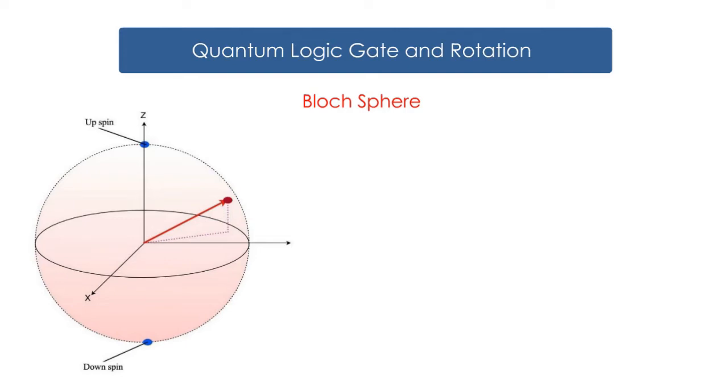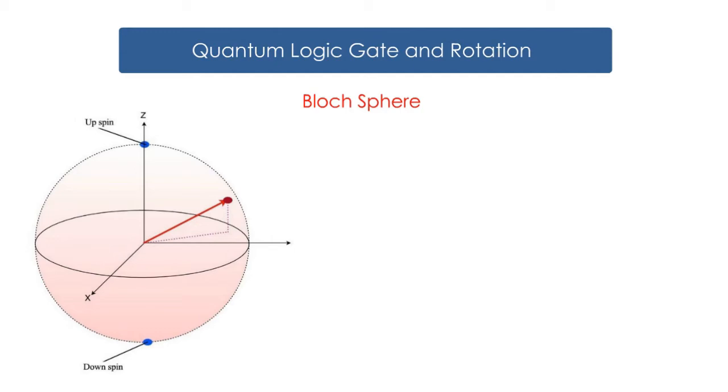The up and down spin are just the north and south poles of the sphere respectively. So the red dot below is another example of a superposition state. When it is measured, nature forces it to take a side, either up or down, to really have the superposition represented as the Bloch sphere above.